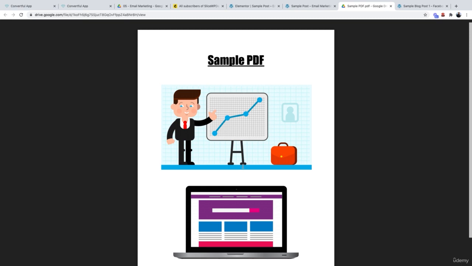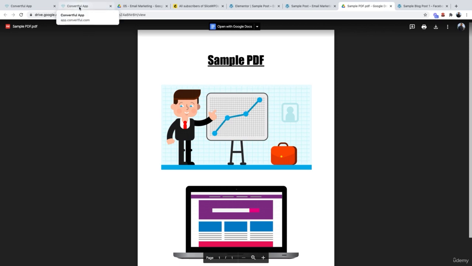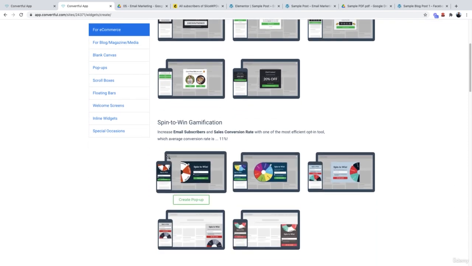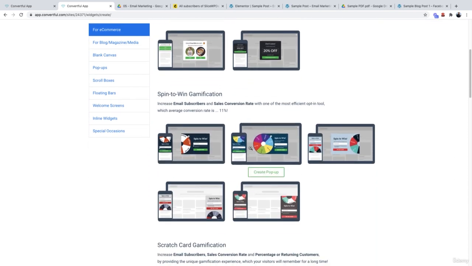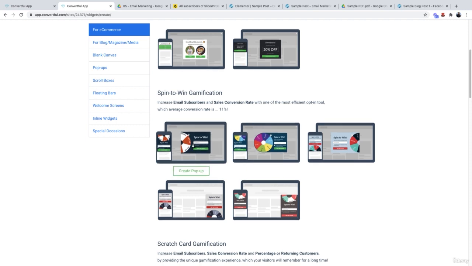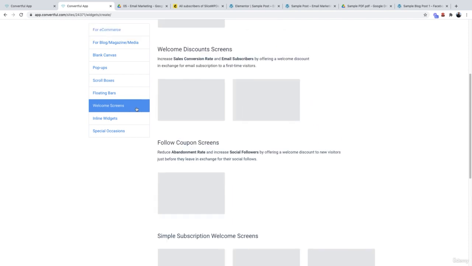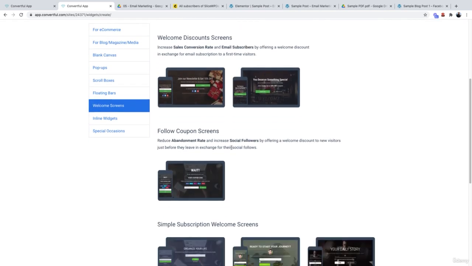That is how you do it. It is really that straightforward when you know what you are doing. You can also use Convertful to create a lot more different inline email captures or even pop-ups. Simply go over to the page and browse all the different options. For example, you can add a spin to win, and it's exactly the same process and steps that I just showed you. Open it up, edit the text, change the colors and images if you wish. That's literally how easy it is. Now you can also use Convertful to create welcome screens as well. They have tons and tons of different